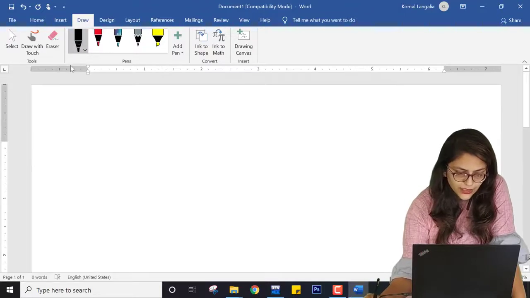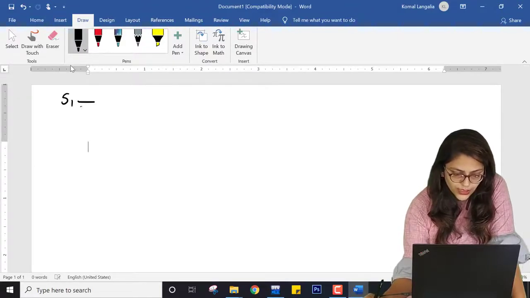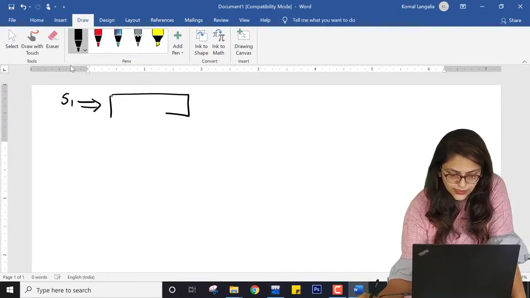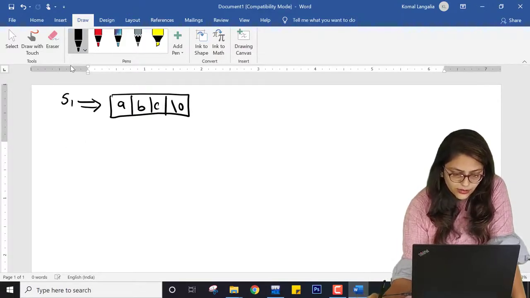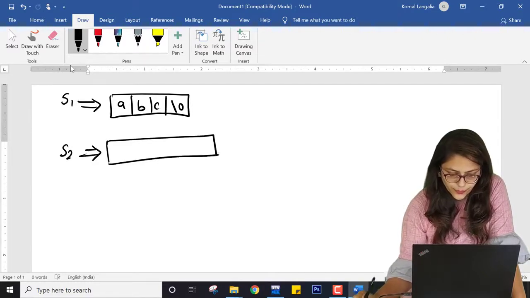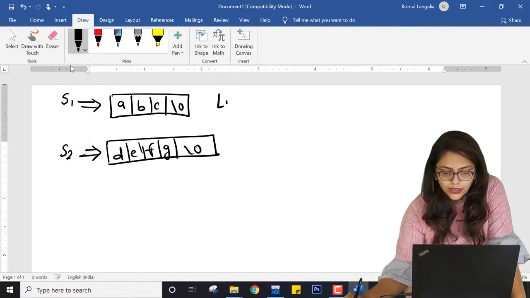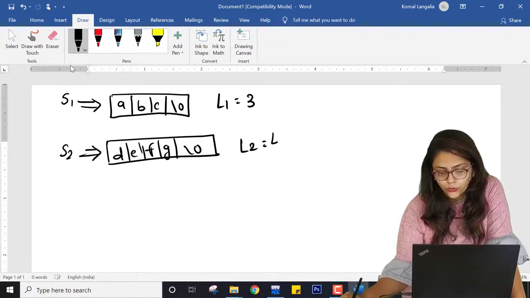I have one string S1 as ABC, and another string S2 as D, E, F and G. So here the length is 3 and here the length is 4.